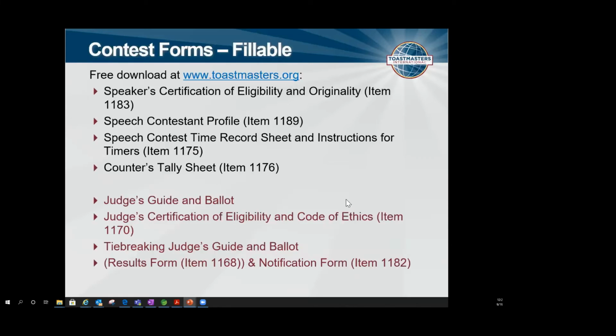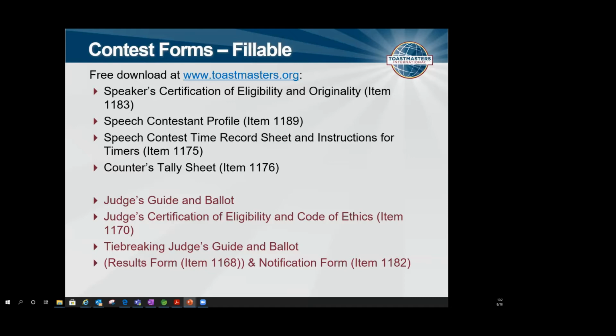The forms are fillable, and you can download them at toastmasters.org. I'll show you where you can download them next, but these are the forms. So you need an eligibility form for the contestants. The profile form, like Sarah said, is optional, but it can be handy. The timer form and the tally form is mandatory. You should use a timer form and tally form because they're very laid out correctly. You can download them easily and for free. The judge's ballot is also mandatory, and so is the